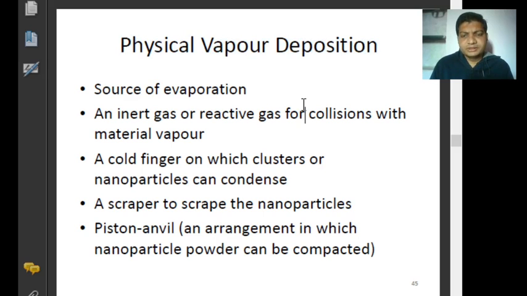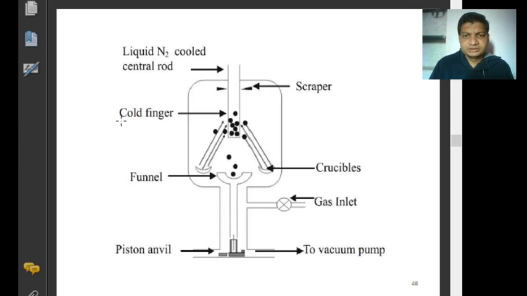So physical vapor deposition. Before that, I would like to show you this figure of the instrument in which the liquid nitrogen cooled central rod is used. So this is the central rod, which was cooled by liquid nitrogen. The liquid nitrogen temperature is minus 71. As the temperature of this chamber increases, to reduce the temperature of the system, we have used liquid nitrogen,